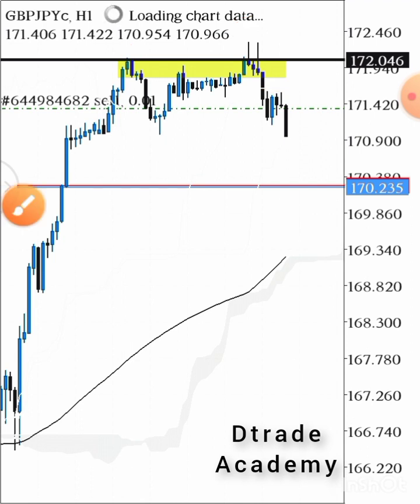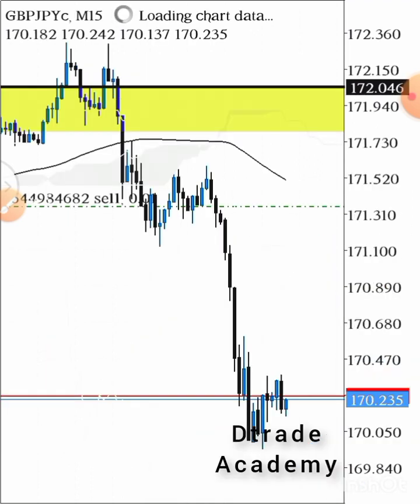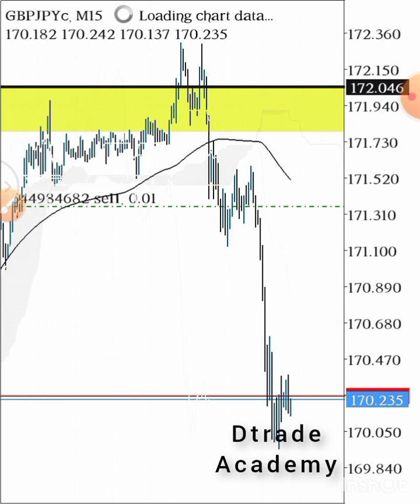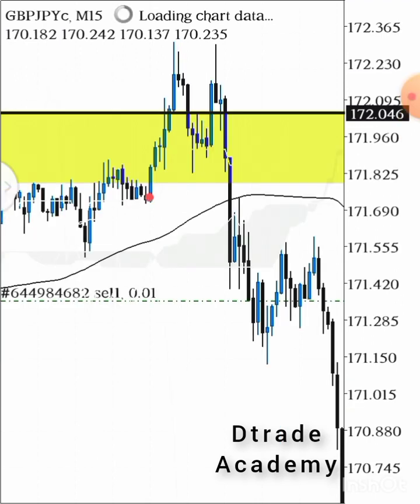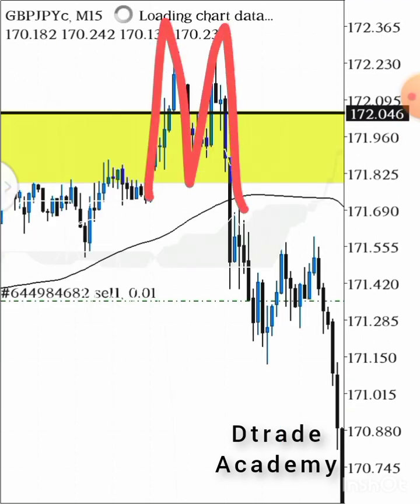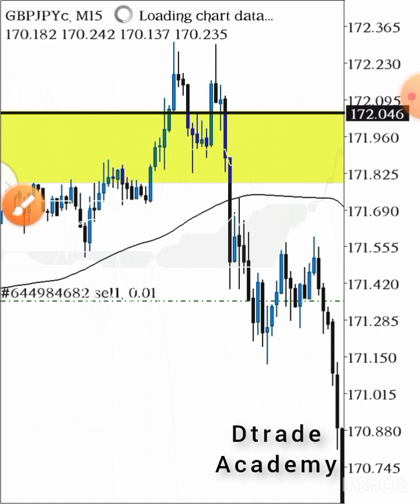So how do I sell? Since I've noticed this weakness and I want to sell, how do I sell? I'll go to my 15-minute time frame. Then I will have to look for two things. I'll look for M pattern from that high, which is what we have. We can see it. That M pattern